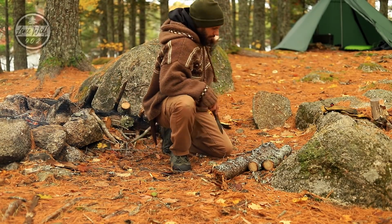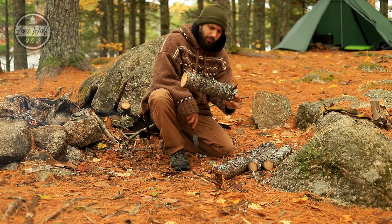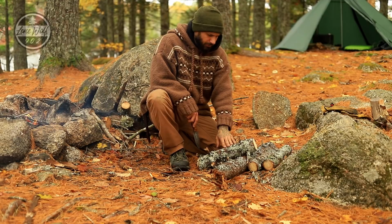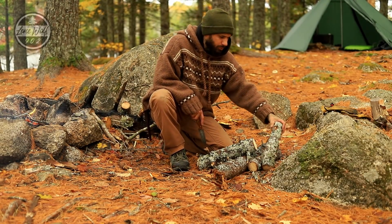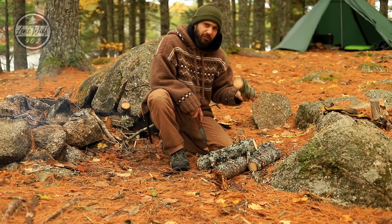And I've got two more behind me now. This guy looks like it's probably pushing the length of the stove, so I don't think that'll fit, but the other one behind me looks like it will fit. So I'm just going to get these branches knocked off and get them inside of the tent